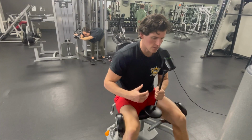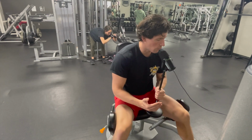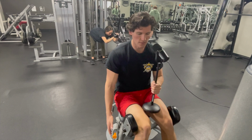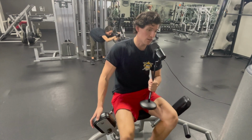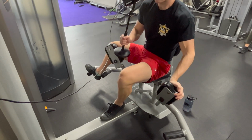So even if this doesn't directly translate to aesthetics, it enhances your ability to do exercises that will translate to aesthetics. So just knock this out. We're going to be going now to the adductors. I don't mind supersetting them. It's really not that difficult of an exercise. It's really just